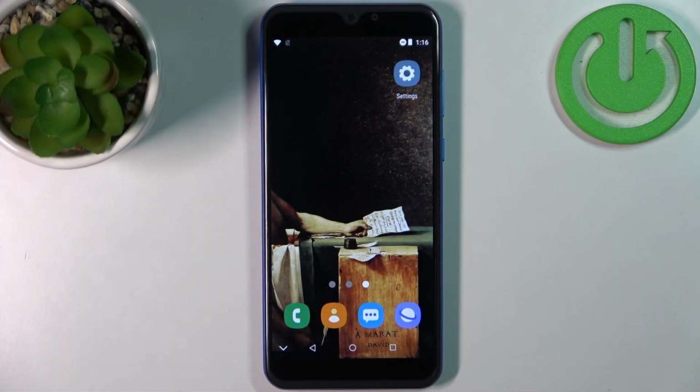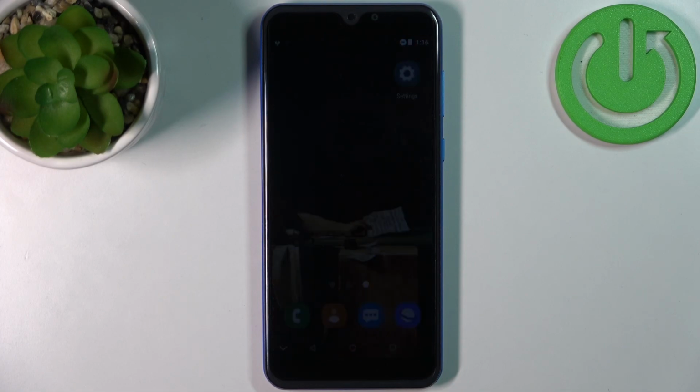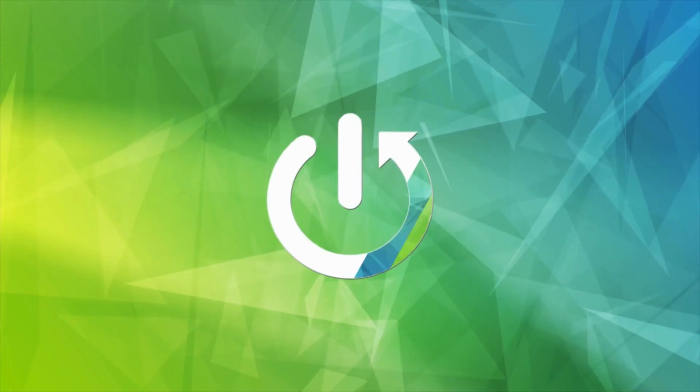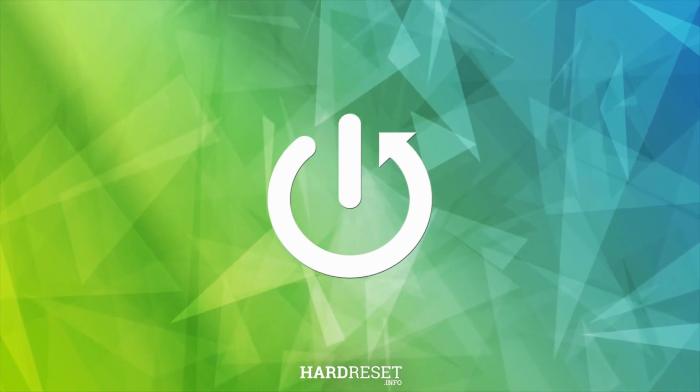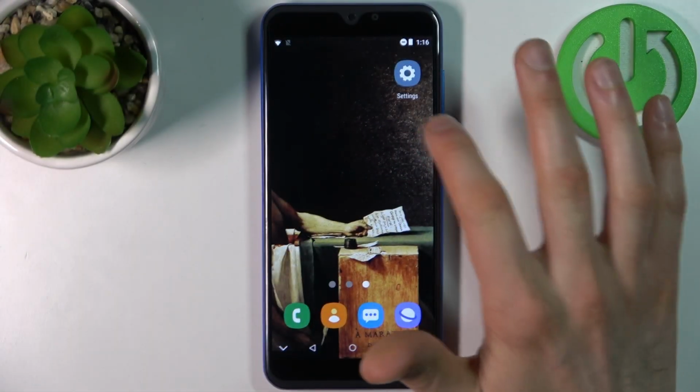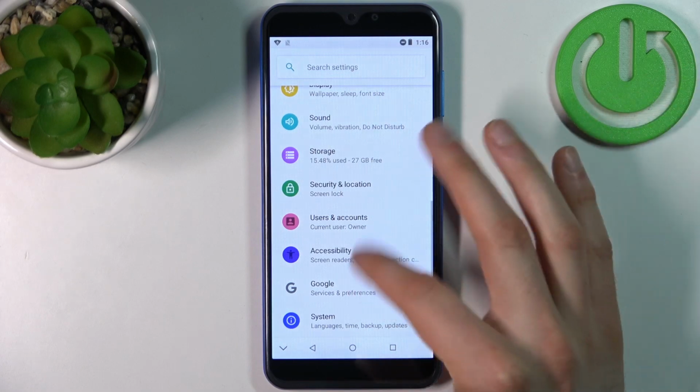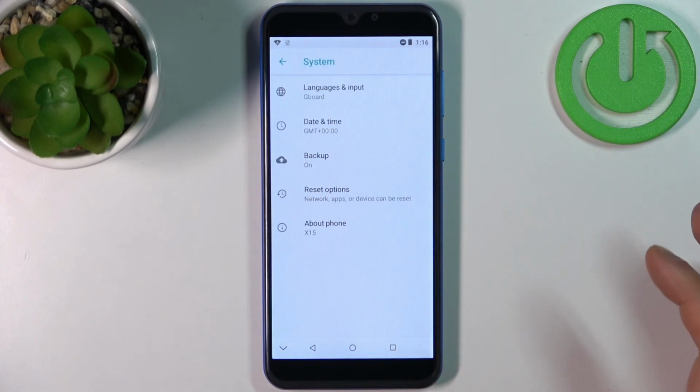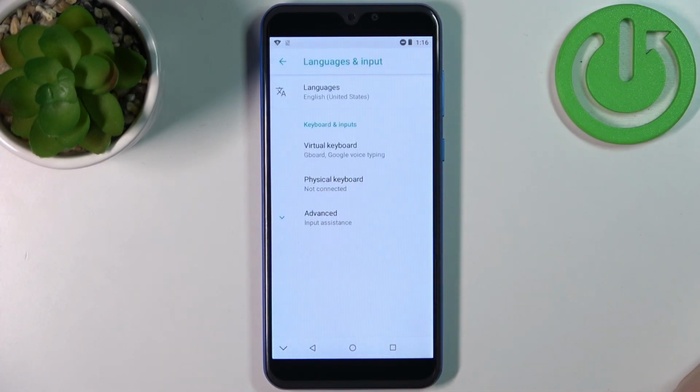Here I have XGODY X15, and today I'm going to show you how to change system language on this device. So to do this, firstly you have to open settings, then go to the system section, languages and input, languages,